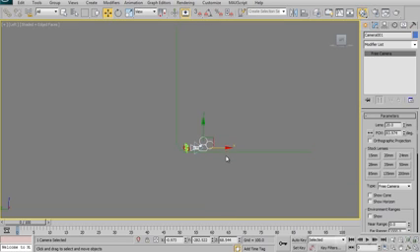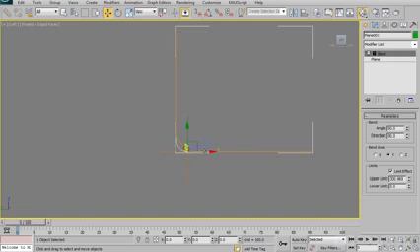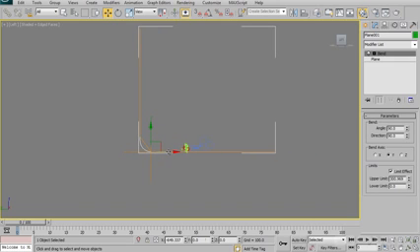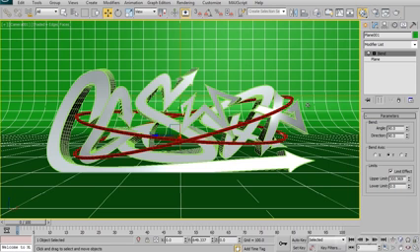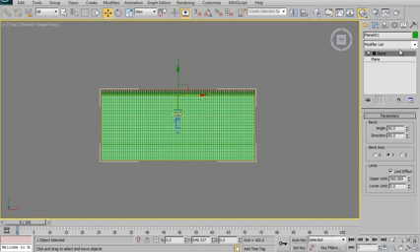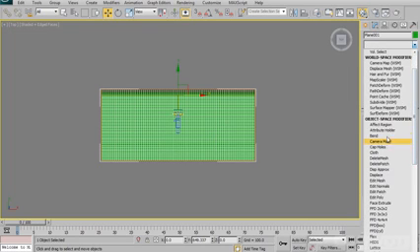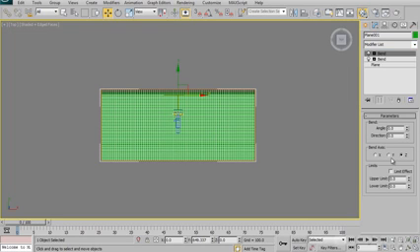And if I pull that ground plane away from our text a little bit, go back to our camera view, you'll see that we get this nice bent wall effect. Now, it is a bit jerky. You're going to get some hard lines through there. So what I might do, well, I'll put a mesh smooth on it in a moment. But before I do, I'm just going to go to a top view. I'm going to put a second bend on it, and put this